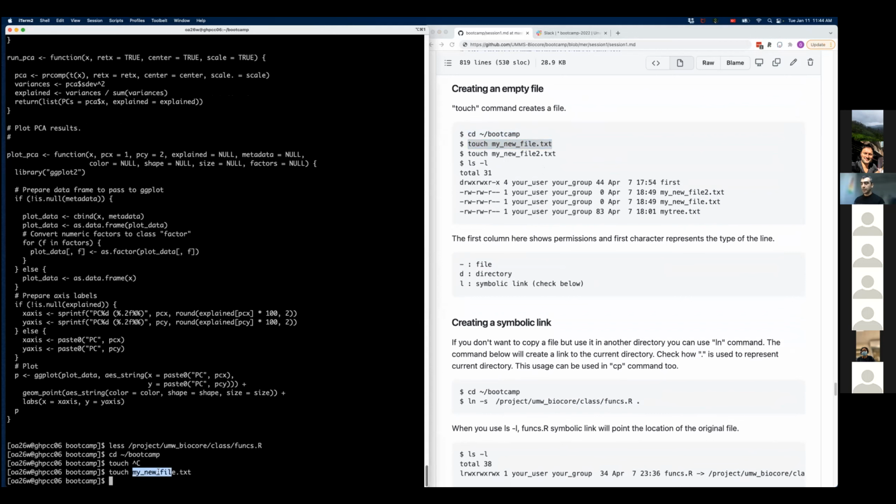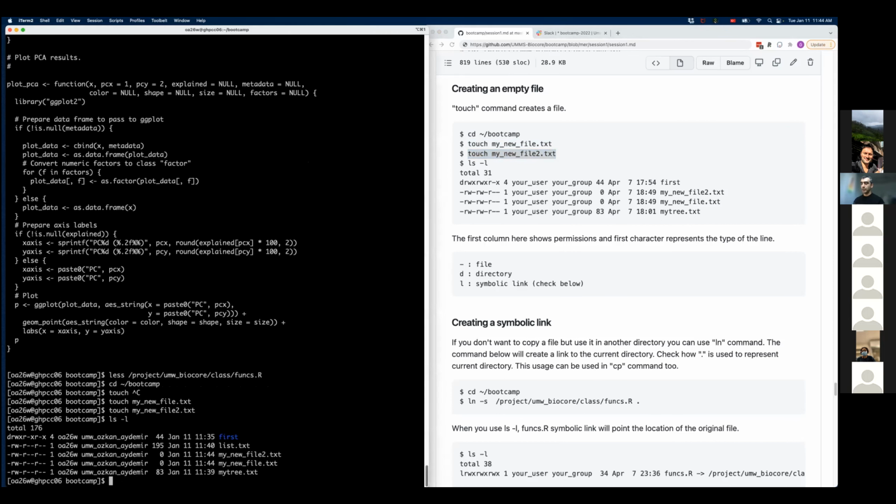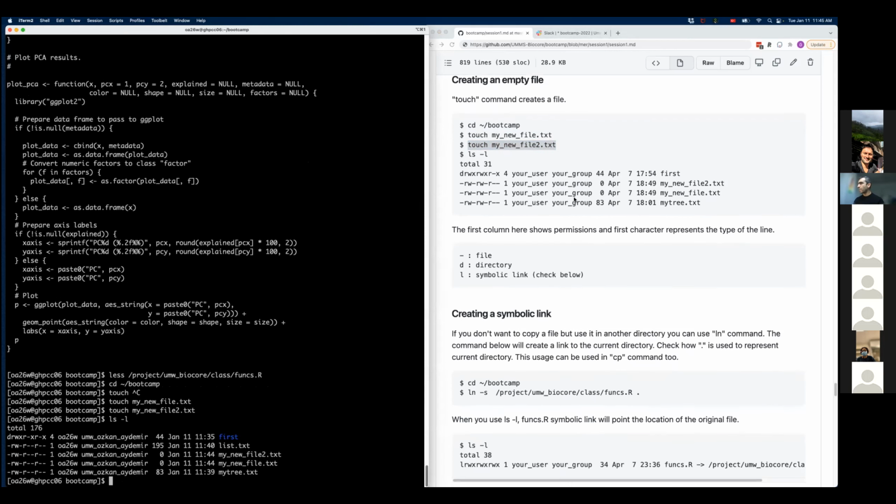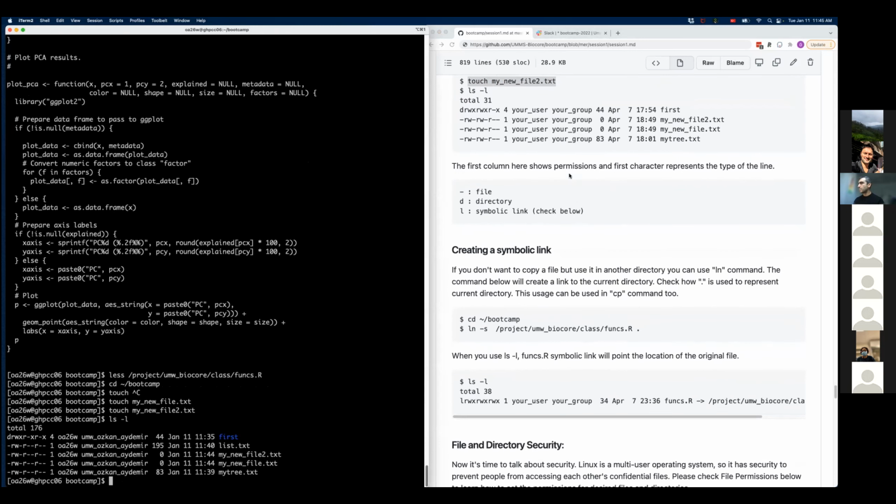If this file exists, all it does is change the timestamp of the file. Then the second file, and list the contents, and we see these 2 files. Okay, so these are again permissions for each of these files.